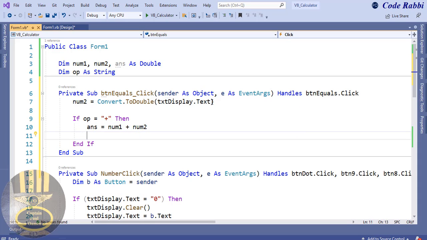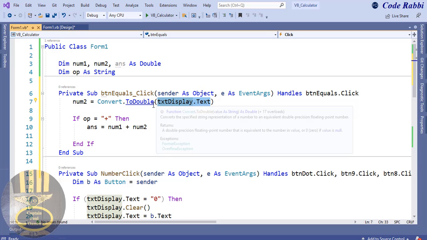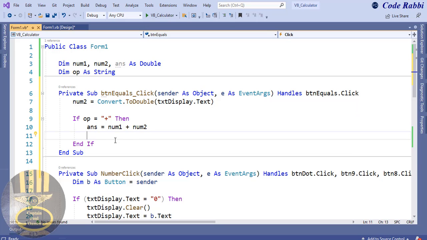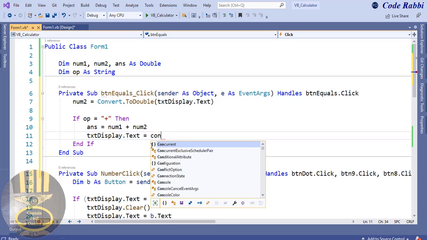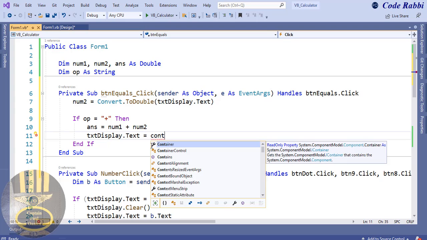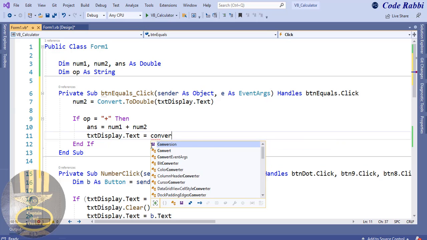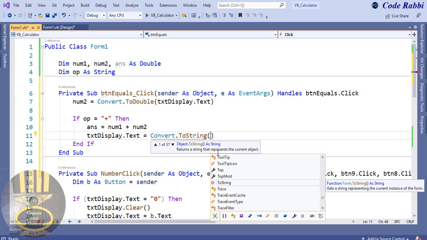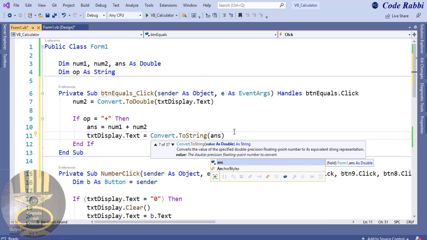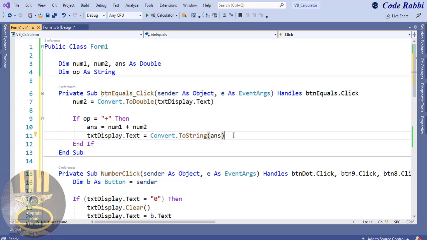Then text box, we're taking whatever value we have inside answer equals, let's convert that to string, Convert.ToString. And what are we converting? That is whatever we have inside answer. And that is it for the very first one. And to take care of the others, we can just copy these and use else if. So copy that,